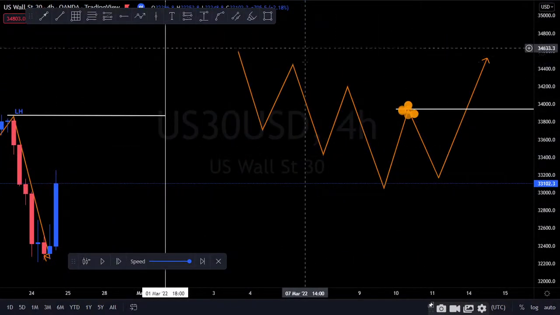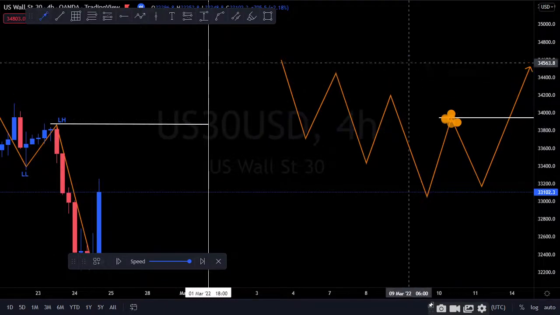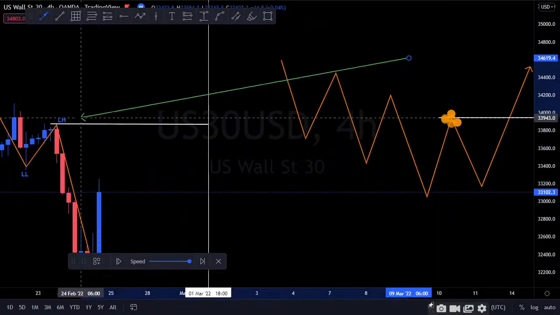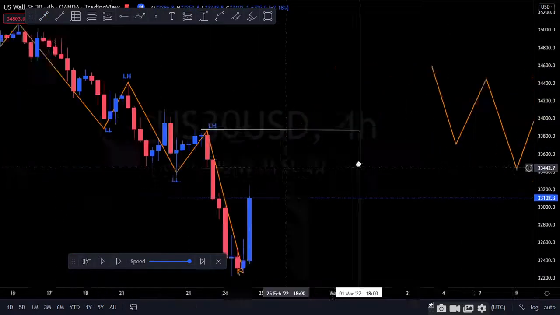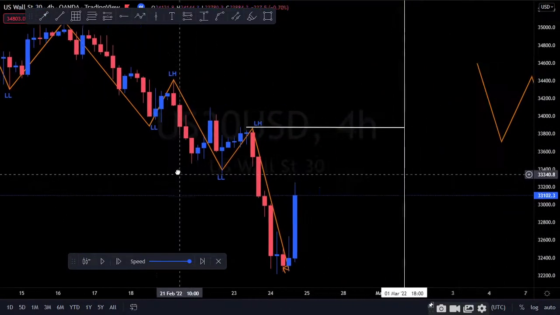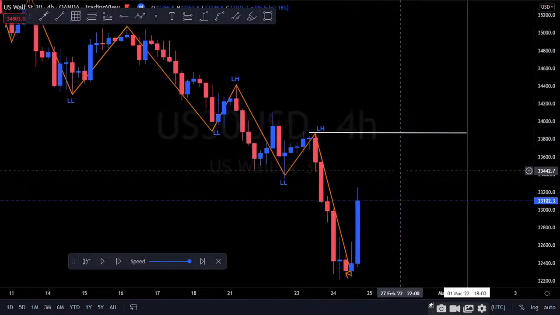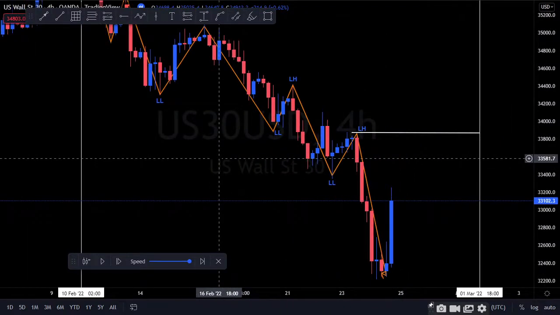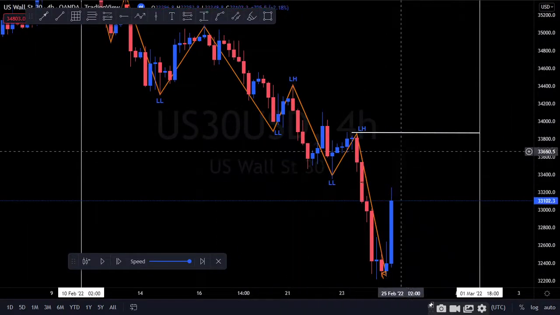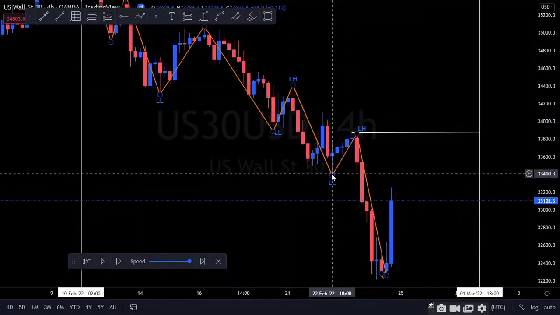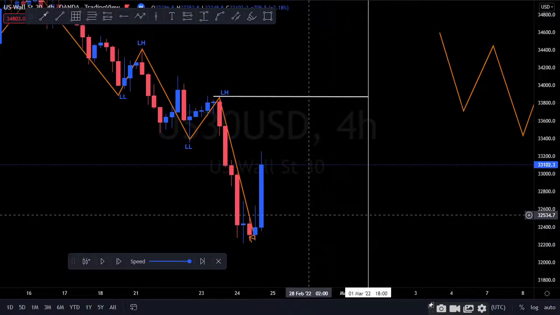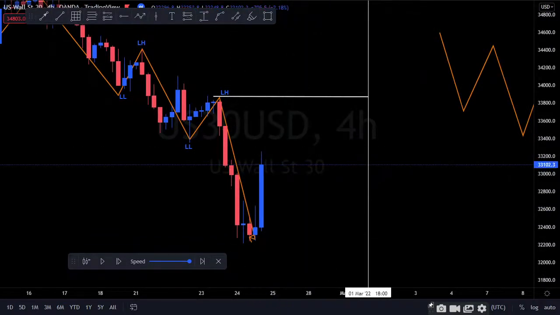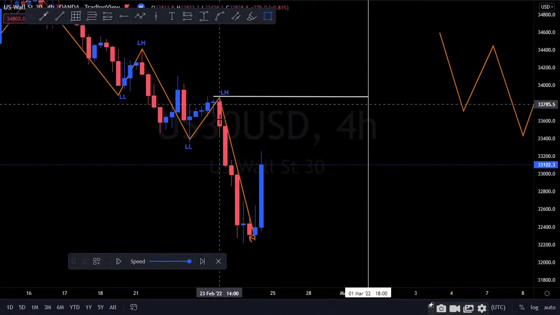So this area is the same as this area. Okay, this area is the same as this area. So until the market breaks this, we cannot say that we've changed to bearish or bullishness. You get it? Now we will come back to this, but let's do this first. Let's see if the market can break this structure, because here will be our POI, our point of interest,